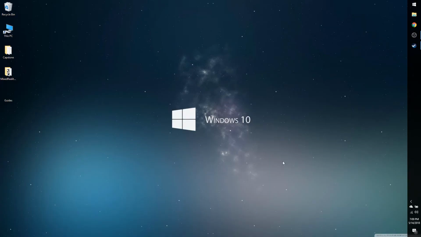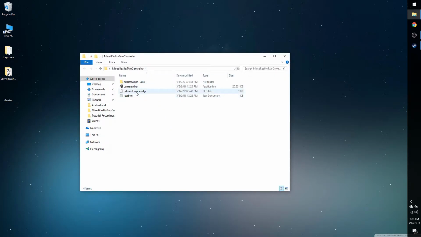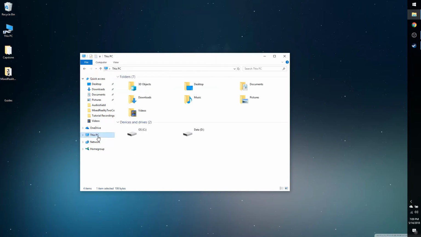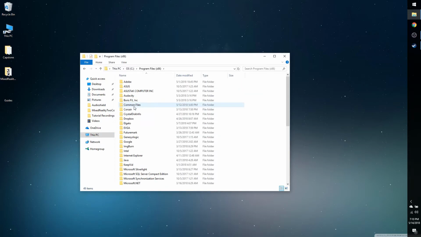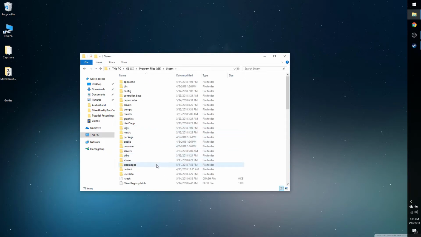Once you click save in the camera align tool, you're going to go back to this folder that says Mixed Reality 2 Controller, and you're going to copy that file that you just made. So now in this PC, you're going to go to the drive, back to Program Files 86, and then to your Steam folder, then to Steam Apps, Common, and then now you're going to pick what game you're doing mixed